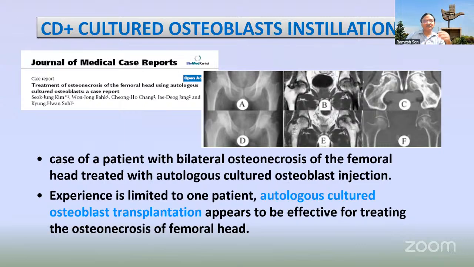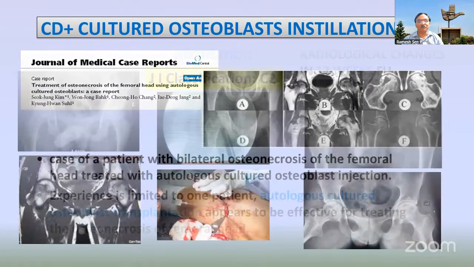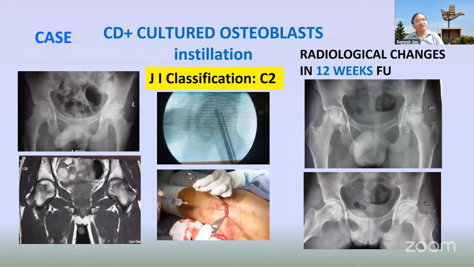By that time, there came a case report that cultured cells are likely to give better chances, because we have got enough osteoblasts from the marrow stem cells, so why don't we give osteoblasts also? And luckily at that time in PGI, we started having a stem cell culture lab also. I'm talking about 2009 and 10. So I started using it. We had about 21 cases probably where we did this culture, though I lost the follow-up because I left the institute subsequently.